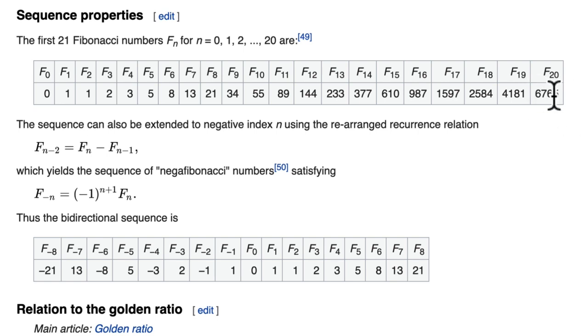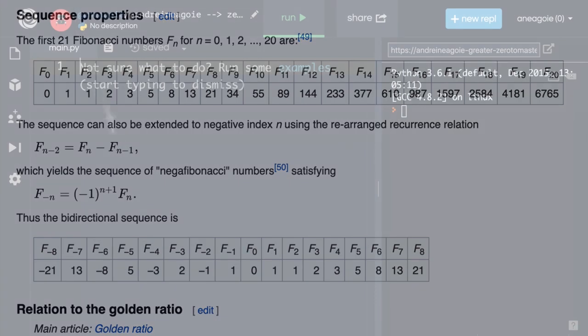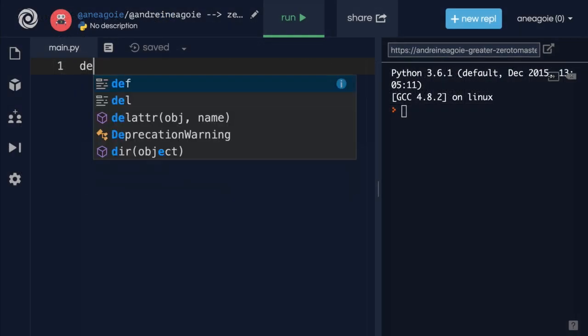And this sort of numbering actually shows up in nature a lot. But it's also an interesting problem because these numbers, although at the beginning grow really, really slowly, they become larger and larger and larger. And it becomes a problem that can really hog up the resources. So this is what I want you to do. We're going to create a function,